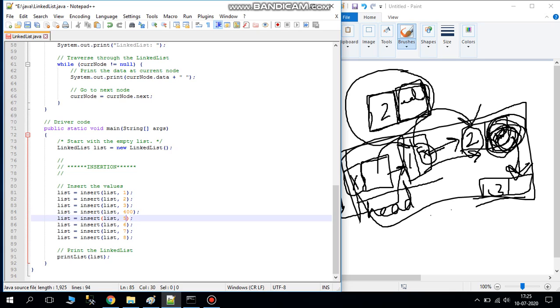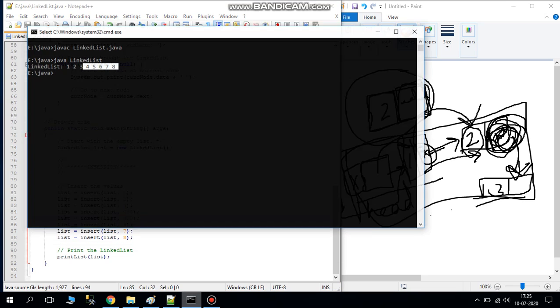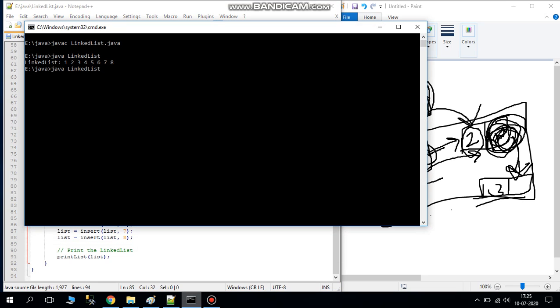As we can see, it is random. Now Control S. Then the data has been